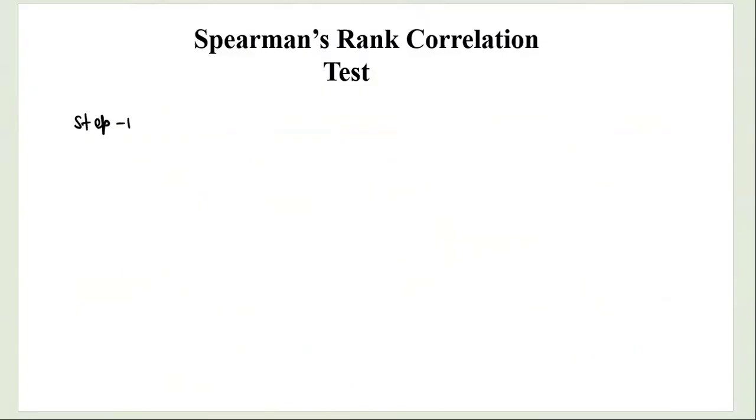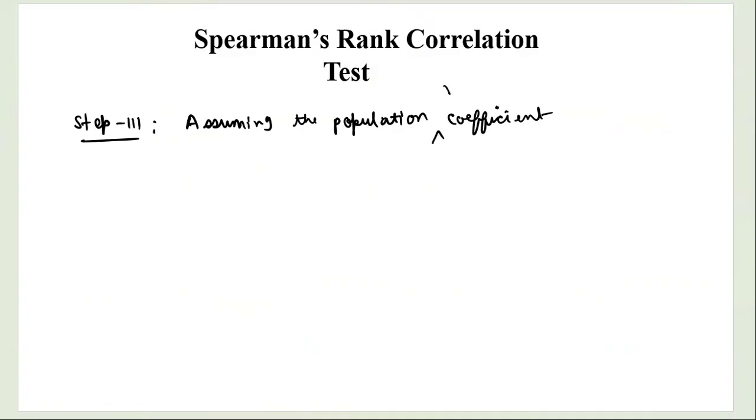Now let us talk about step 3. In step 3, you will assume that the population rank correlation coefficient, basically. Here whenever I say correlation coefficient, it means the rank correlation coefficient. Assuming the population rank correlation coefficient, suppose I call it rho s, is 0. If you assume this to be 0 and you assume your sample size to be greater than or equal to 5, so you have a sufficiently large number of quantities,